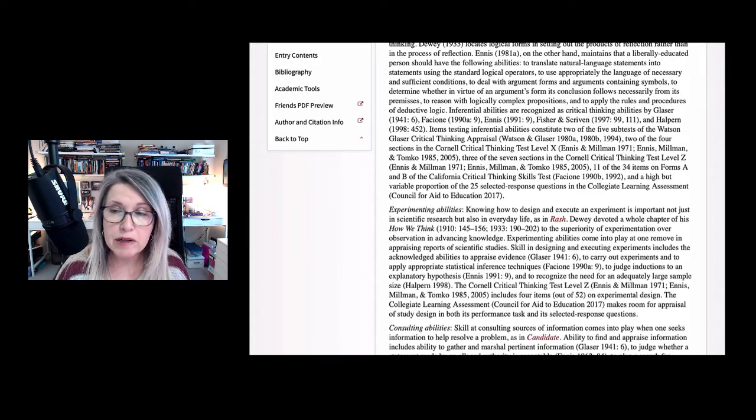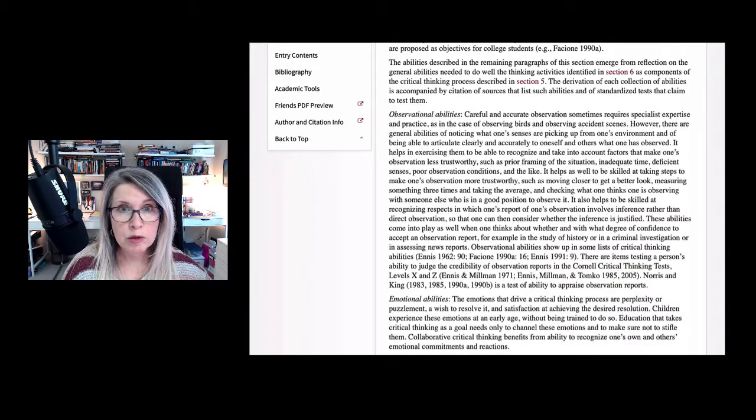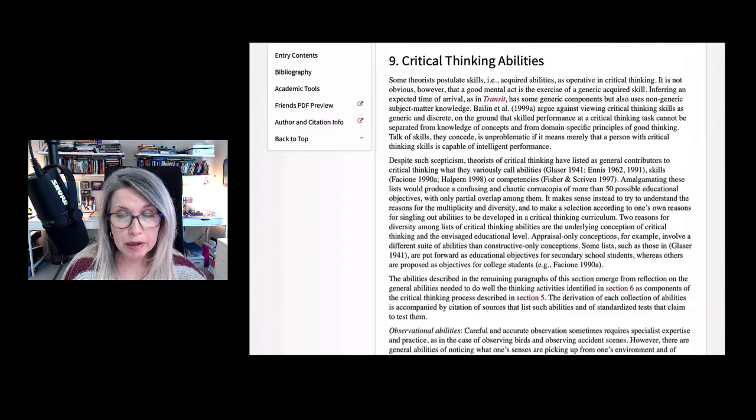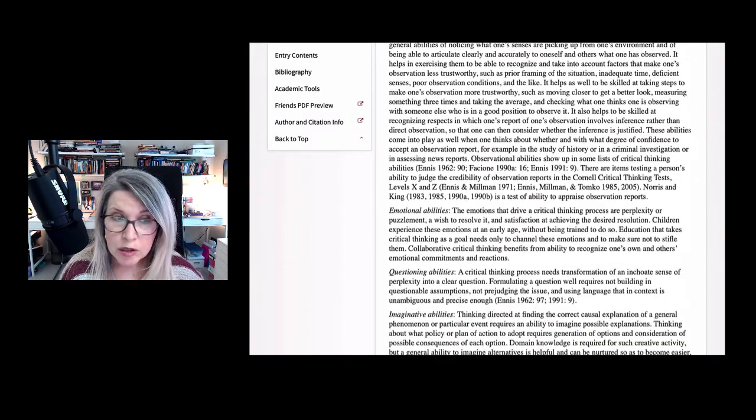Consulting abilities. Do you think small children have the ability to consult with others or even know who to go to, to talk about these things and figure out if their experiment was good? I hope you're getting where I'm going with this. I am not saying, as I said at the outset, that children are not capable of critical thinking. I am saying that because they need these dispositional abilities and they need these actual critical thinking abilities, skills,